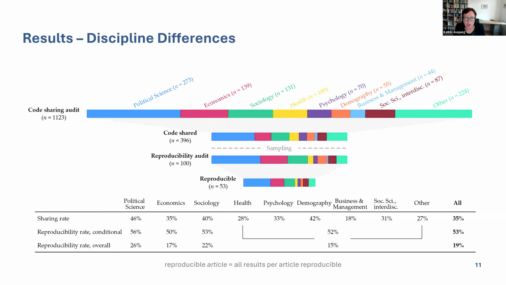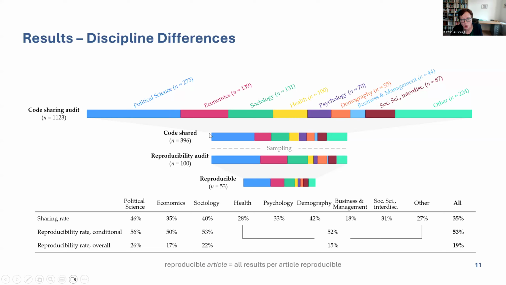Discipline differences. This figure here shows the composition of disciplines in our sample. And the funnel shows the leakiness of our reproduction pipeline. So at each stage, some articles drop due to not sharing code or due to not being reproducible. And we can see that reproducibility issues are really widespread, but there are also some discipline differences, especially here in